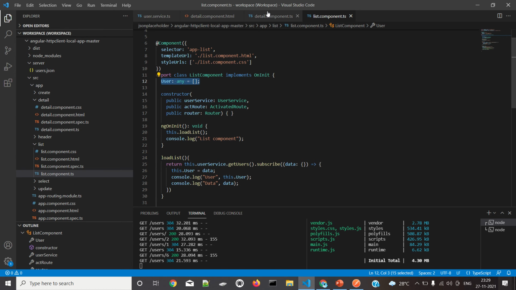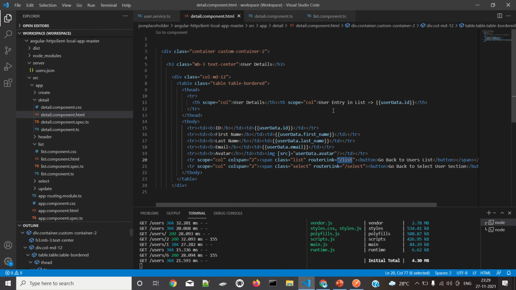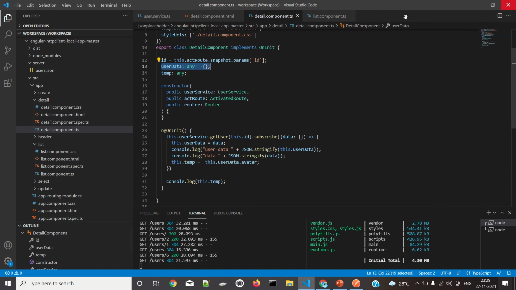But here we need only one particular person's data, and I utilize this data here itself, individual data. So I didn't need any array here. I can use any kind of object here, so I use this one. So this data will be stored here.